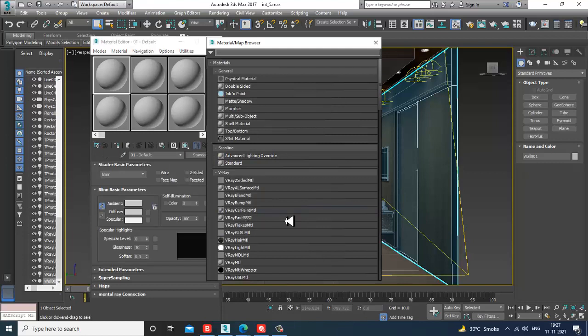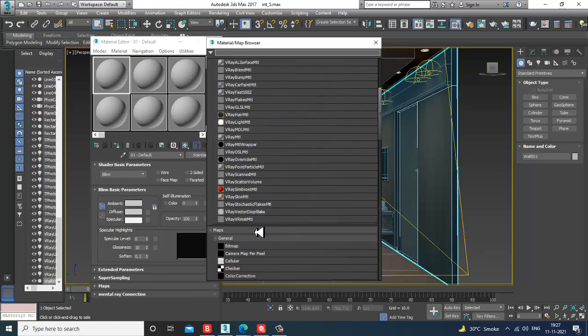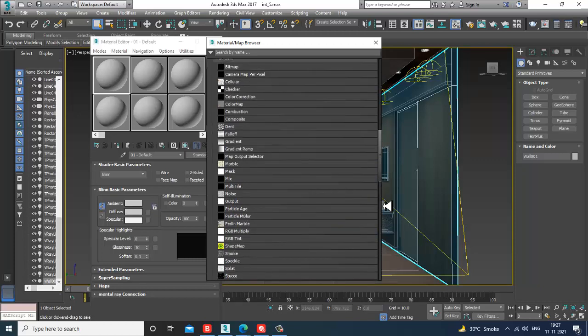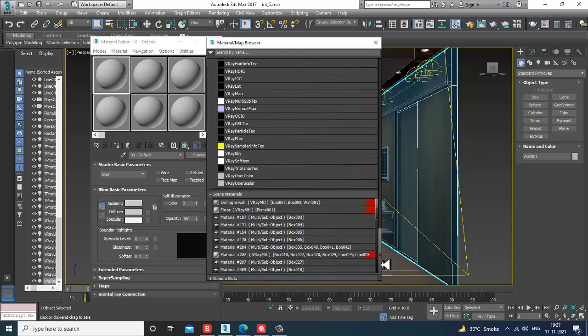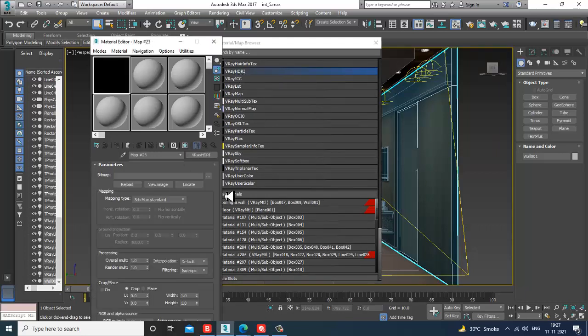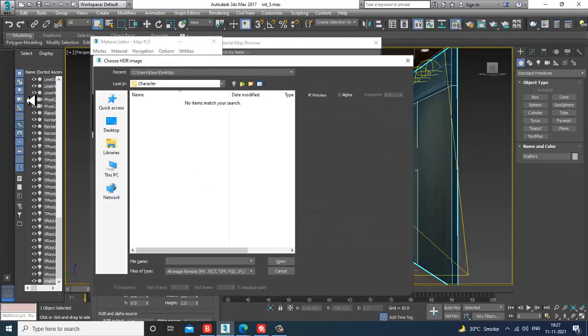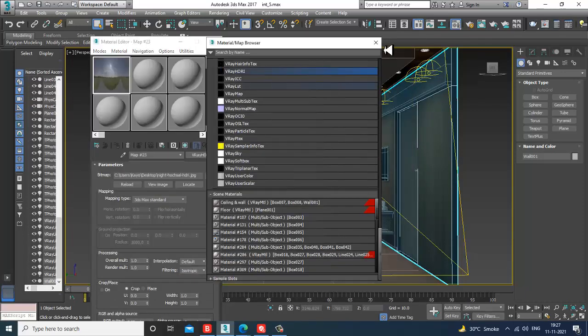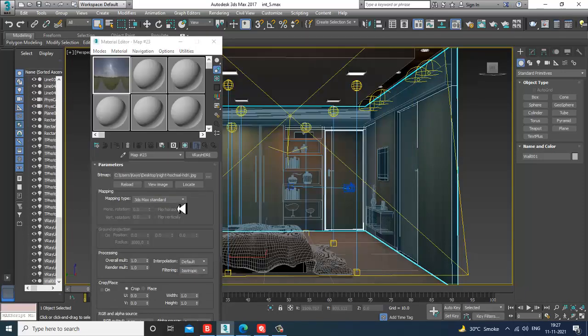Let's go down, V-Ray HDRI. Go into this and I'll take a night HDRI map. I'll set it as spherical.